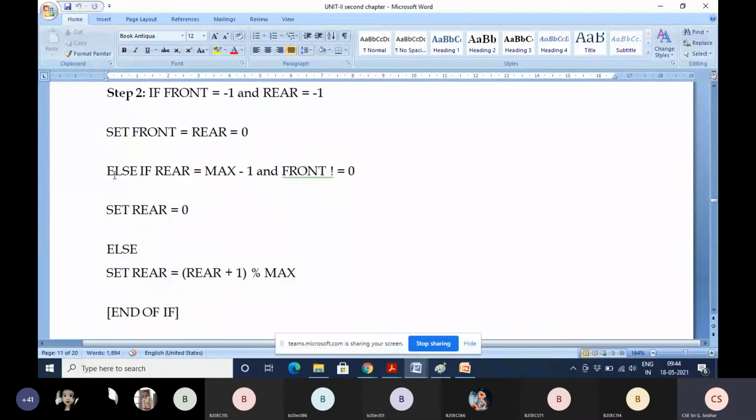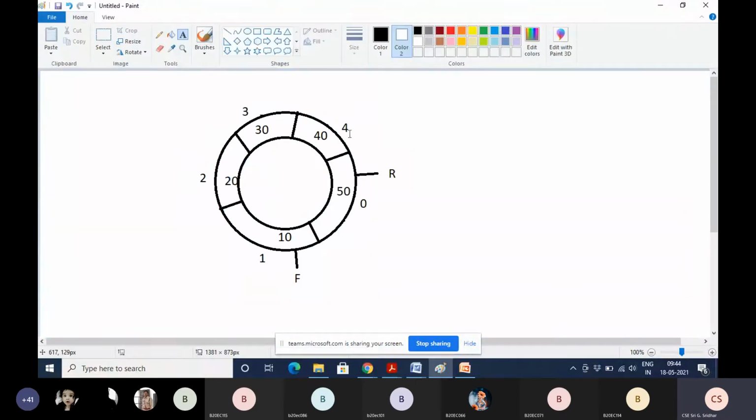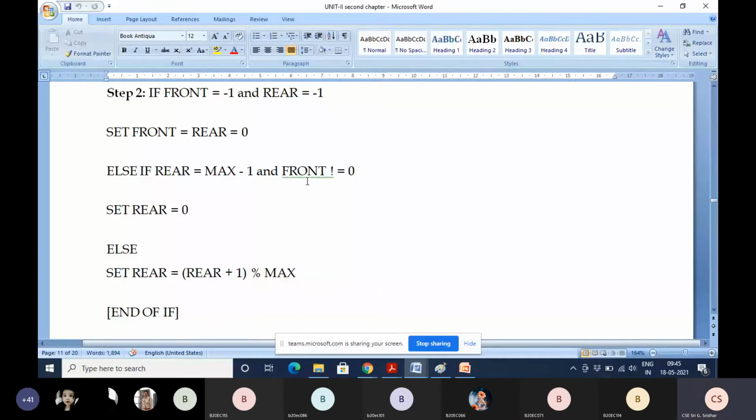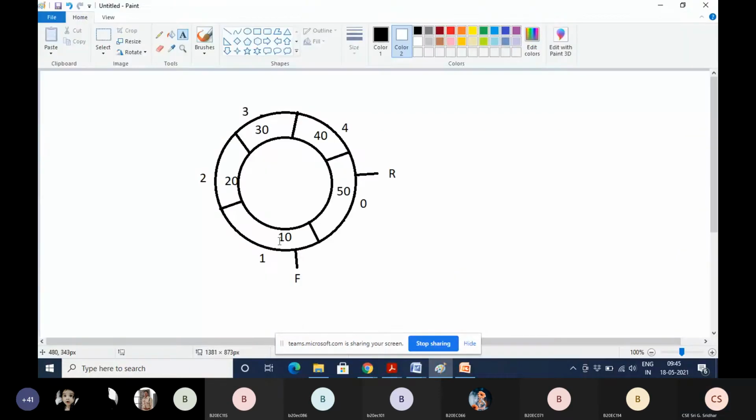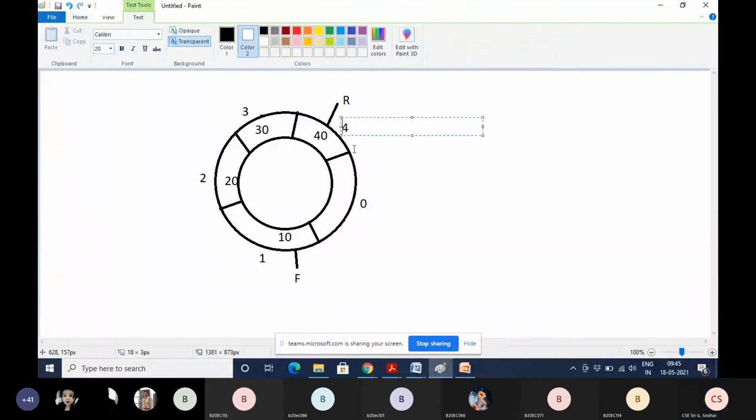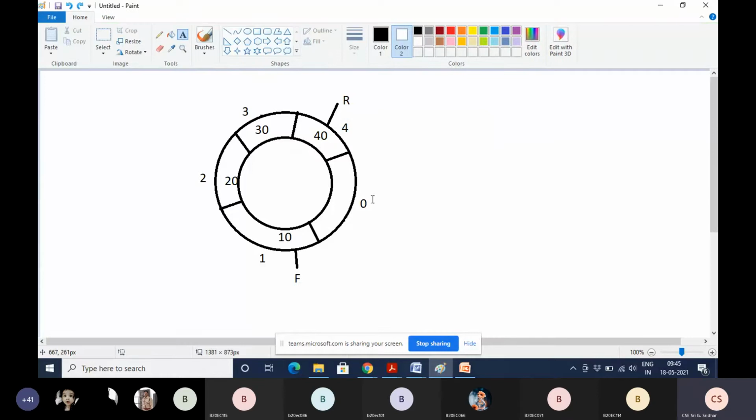So that's why here, see, if rear equal to max minus 1, that means if rear is pointing to this 4, max minus 1, and front not equal to 0, front is not equal to 0 కదా, అంటే ఇంత ముందండి, this is before, like this, ఇలా ఉన్నప్పుడు, if rear is pointing to max minus 1 and if front is not pointing to 0, then what we have to do, students?